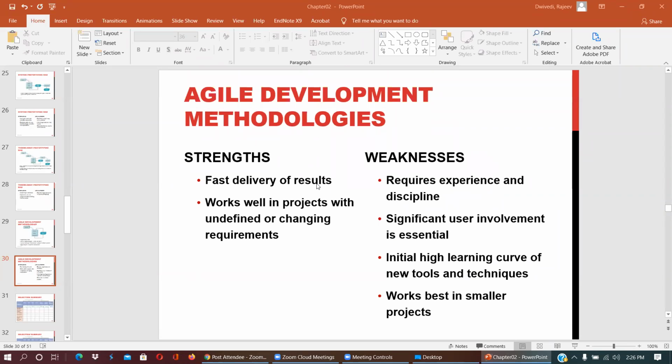Fast delivery of results, works well in projects with undefined or changing requirements. So what is the strength? In other methods that we have already covered, you have to have complete requirements upfront, right at the beginning. Suppose you forget to do everything upfront and you come to know while developing the system that this requirement must be addressed in the system. We have big issues in previous methods. Here you can add